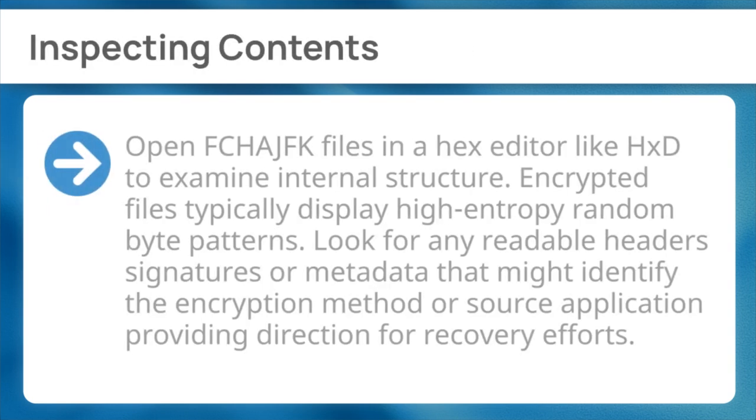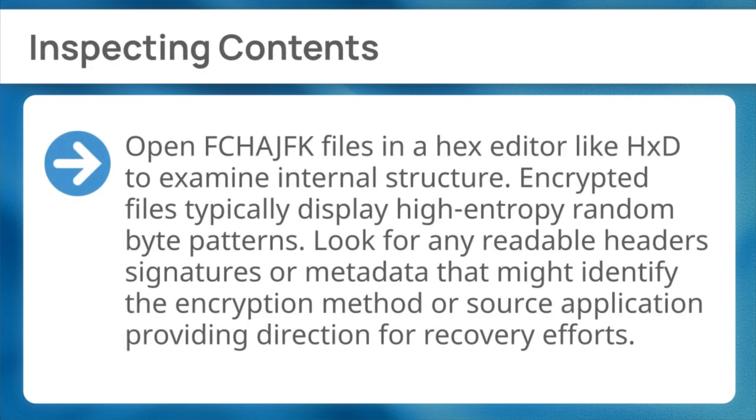Finally, inspecting contents. Open FCHAJFK files in a hex editor like HXD to examine internal structure. Encrypted files typically display high-entropy random byte patterns. Look for any readable headers, signatures, or metadata that might identify the encryption method or source application, providing direction for